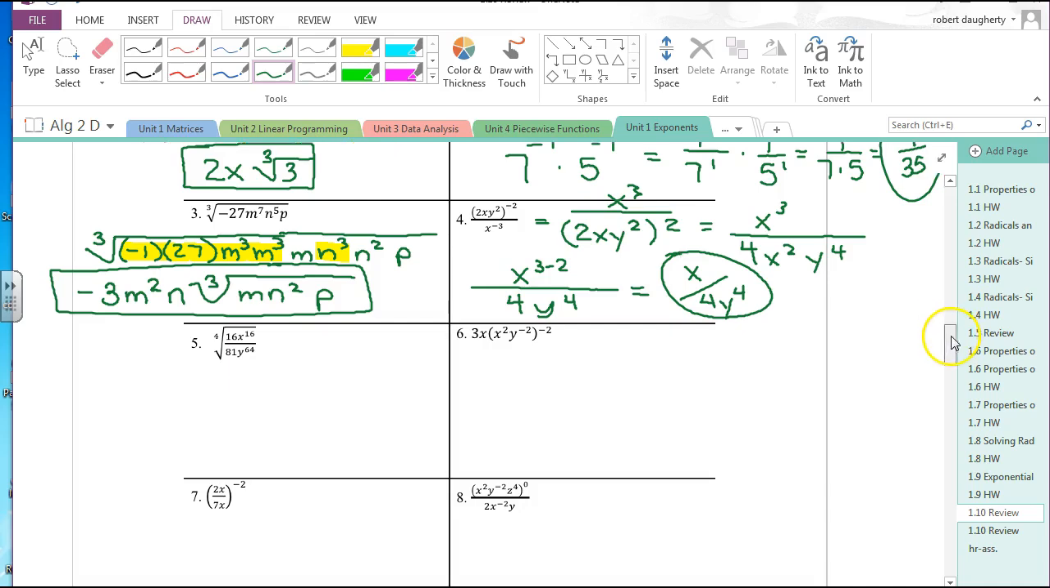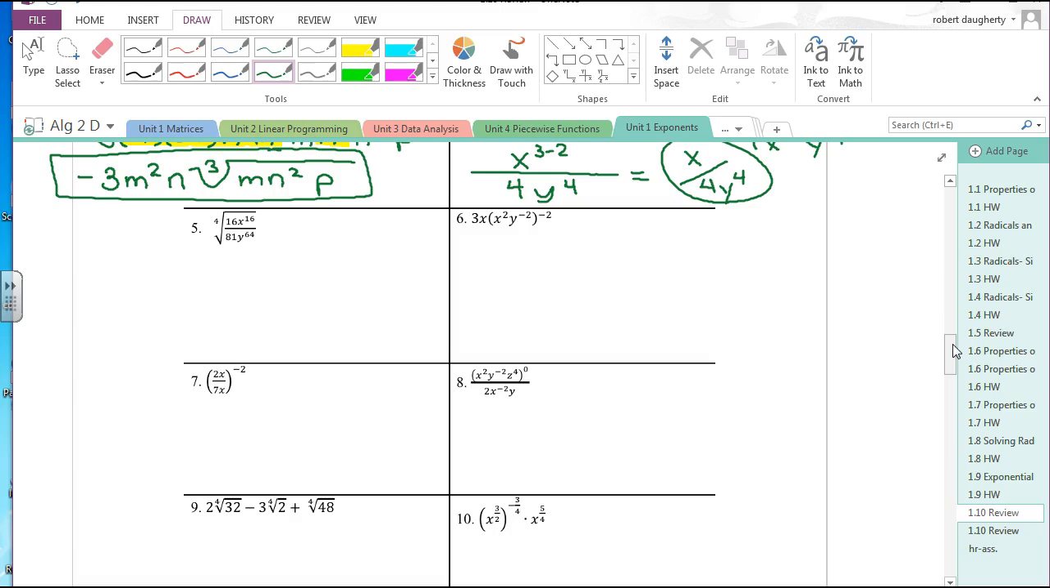Number 5, I've got lots of exponents and 4th roots that I need to deal with. So this is the 4th root of, the top is 16. I can write that as x to the 4th, x to the 4th, x to the 4th, x to the 4th. On the bottom, I've got the 4th root of 81. And rather than write this out however many times, well, I guess it's going to be 6 times, I'll go ahead and write it out. y to the 4th,